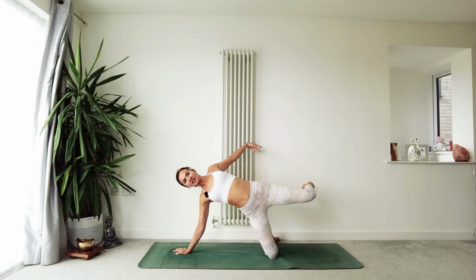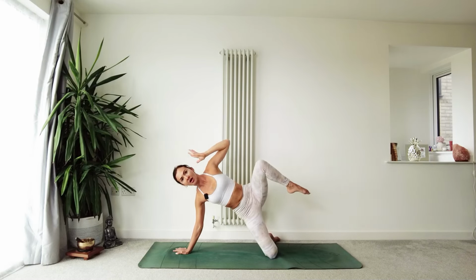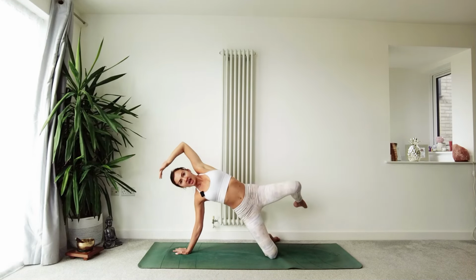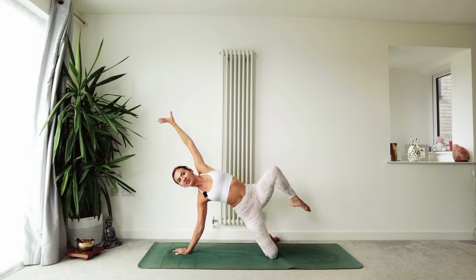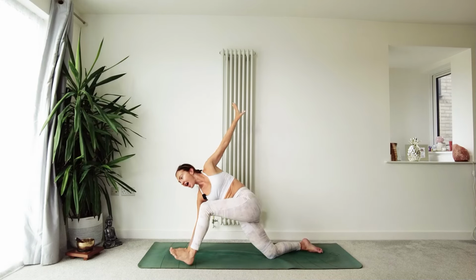With control, releasing. Inhale, and as you exhale, elbow to knee. Inhale, reach out. Exhale, elbow to knee. Inhale, reach out, and then with the left leg, slowly, slowly, slowly, see if you can pivot and place the